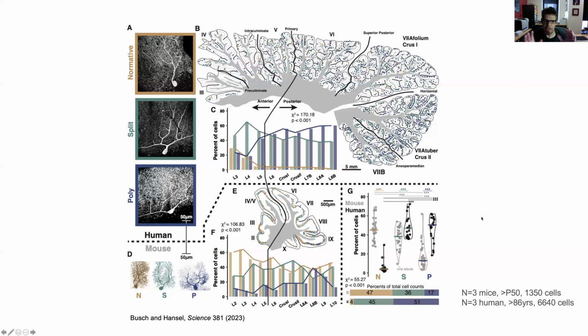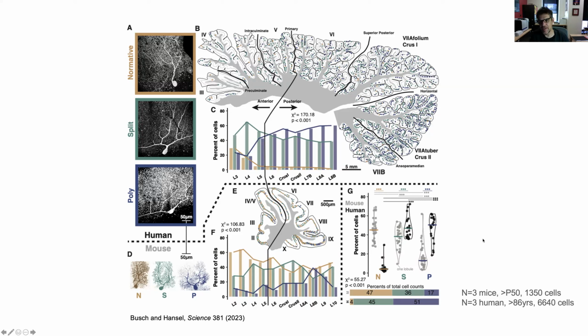And now we had a tool with this categorization for quantitative analysis. We wanted to get away from just anecdotal description of individual cells, and with this categorization, we had a tool to do that. And we studied in 3 mouse brains, 1,350 Purkinje cells in adult brains, and in 3 human brains of elderly people, 6,640 Purkinje cells. And we did that in mid-hemispheric